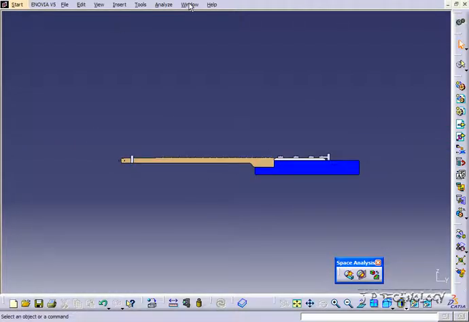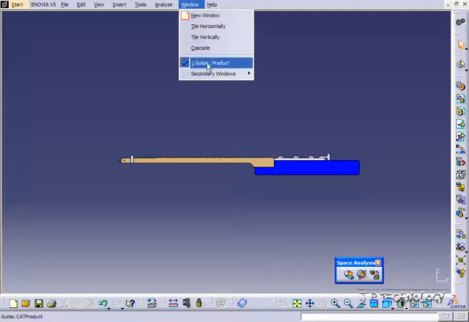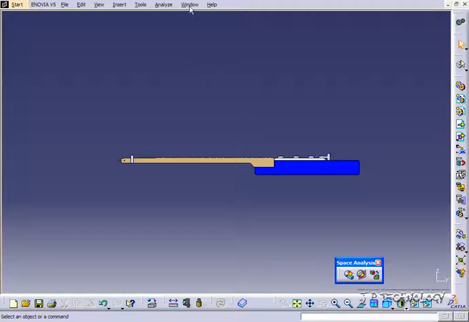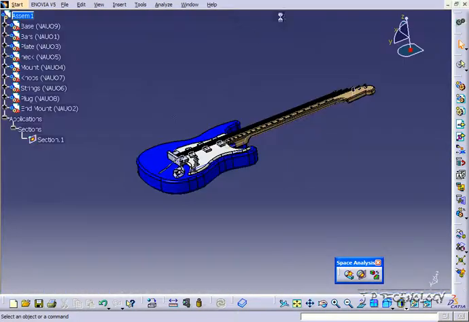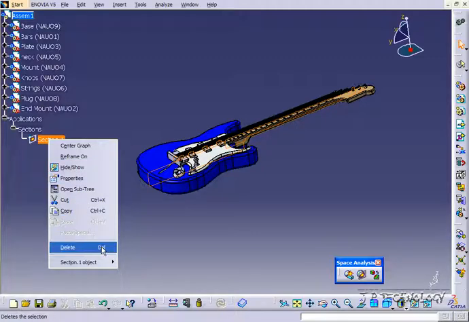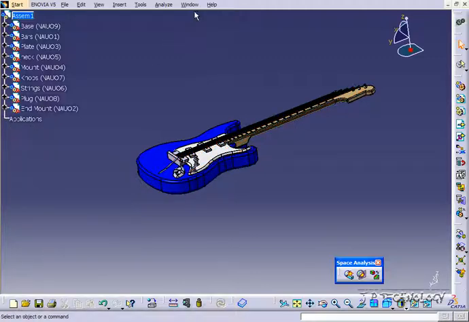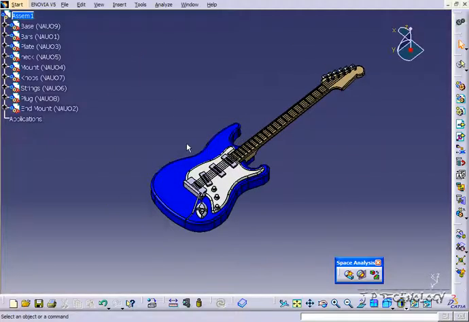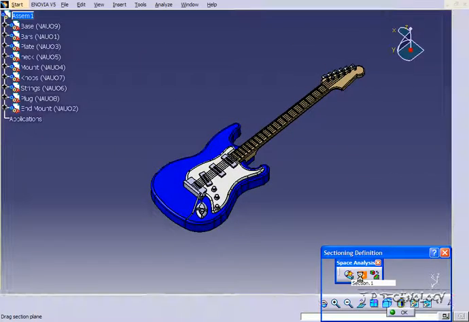So your section view has its own separate window. And if you go back to the guitar, let's just delete this first one that we've made. And now that section view is gone. So let's go back into it and let's make a few more. So we'll click sectioning,